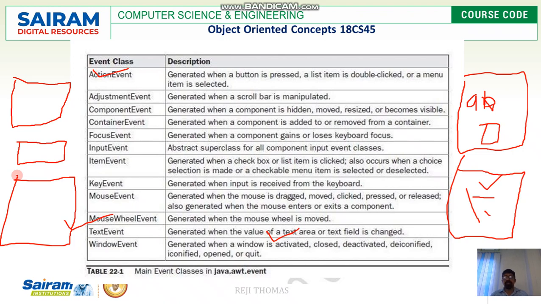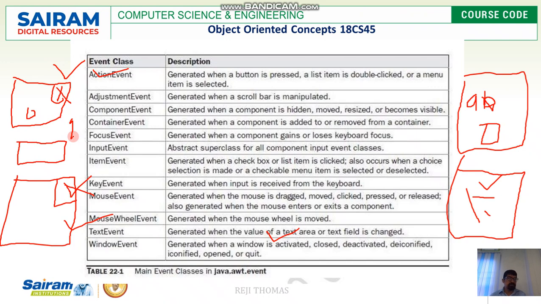The last one is window event. This is generated when a window is activated, closed, deactivated, deiconified, iconified, opened or quit.